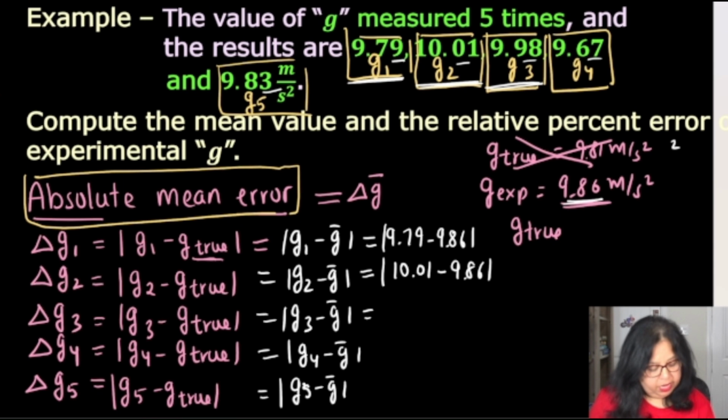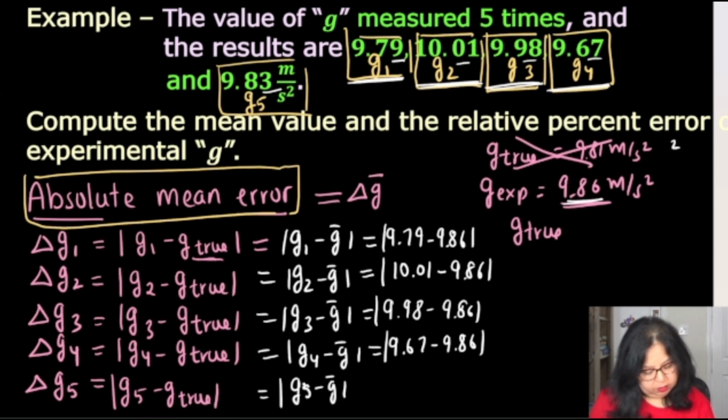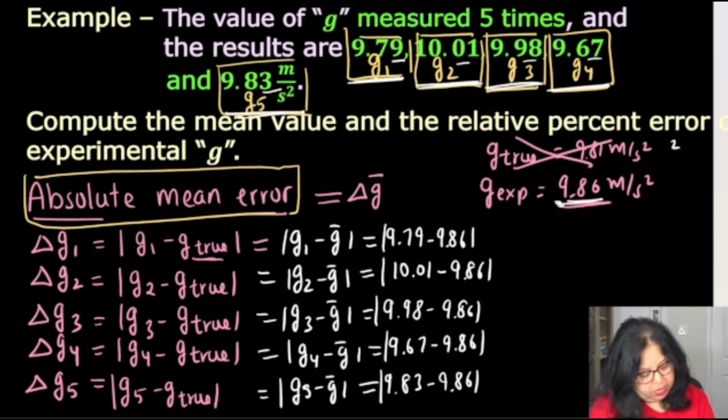G3, 9.98 minus 9.86, absolute. G4, 9.67 minus 9.86. G5, 9.83 minus 9.86. What do I get? We get, and these will all be in meters per second square,